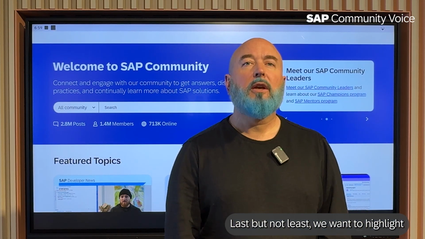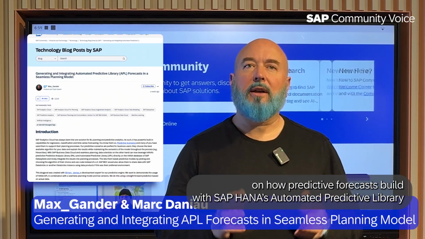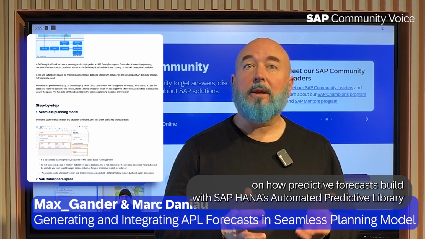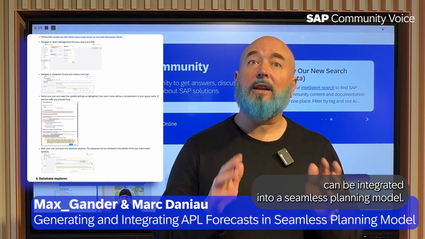Last but not least, we want to highlight SAP's Max Gander and Mark Daniel's very complete step-by-step guide on how a predictive forecast built with SAP HANA's automated predictive library can be integrated into a seamless planning model.